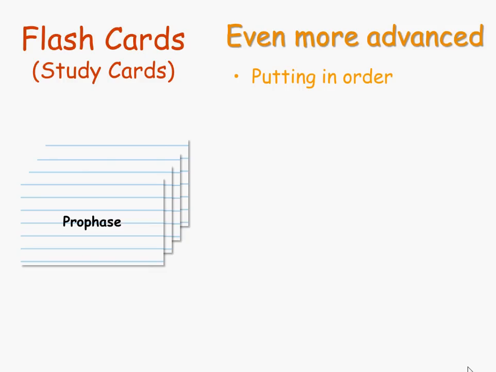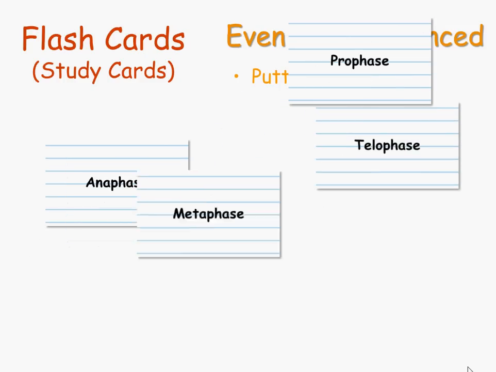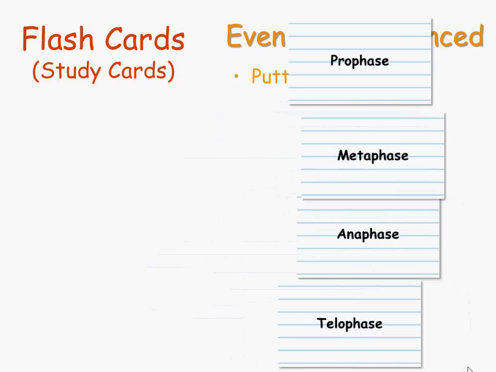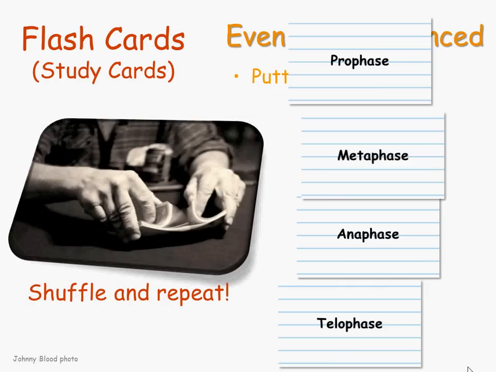So here we have phases of mitosis that we need to learn what the correct order is, and so we're going to take those cards and just kind of deal them out in any order, and then we're going to take a look at them and see, are they in the correct order? In this case, no, they're not quite in the correct order, so we're going to rearrange them so they are in the correct order, and that'll help us learn how to do that and what order they come in. And when we're done with that, we're going to shuffle them up and we're going to lay them out again and rearrange them again. And so you do that numerous times. It really isn't very difficult, and before you know it, without even thinking about it, you've got it down. You know what order they come in.